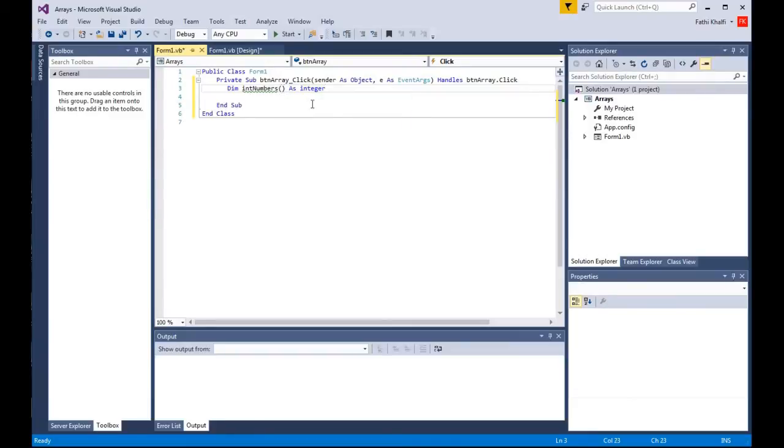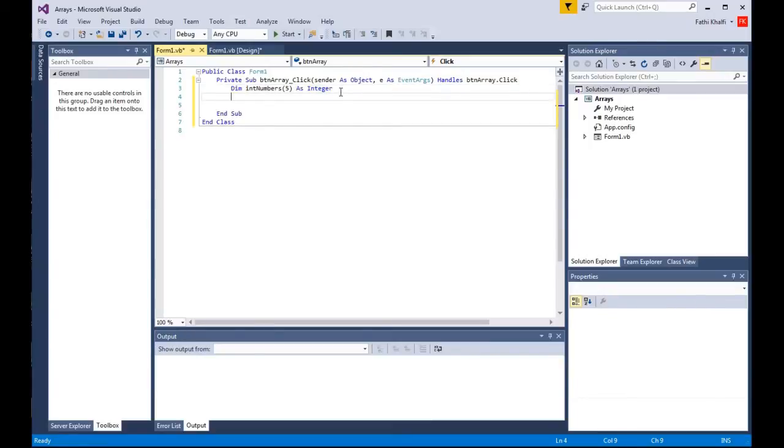We also need to give the array a size. I'm gonna give it a size of 5, and here we are telling Visual Basic that we will have an array of size 5, meaning we will have 6 elements in our array, because as we said earlier, arrays in Visual Basic are 0 based,